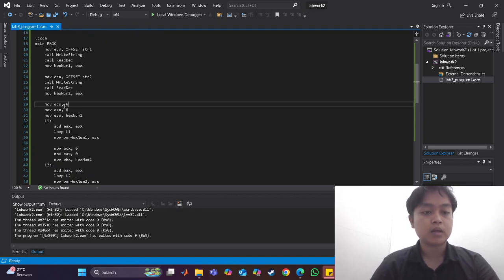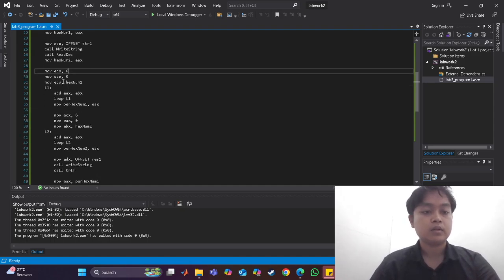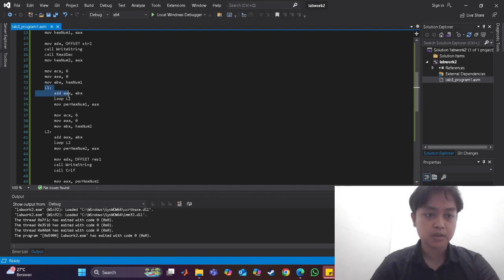In here we start the calculation. So first we define the counter. The counter is 6 into the register ECX, and then we define the initial value of EAX, which is 0. Now this is the first assignment, the value of hex num1 into the register EBX, and then the loop starts.